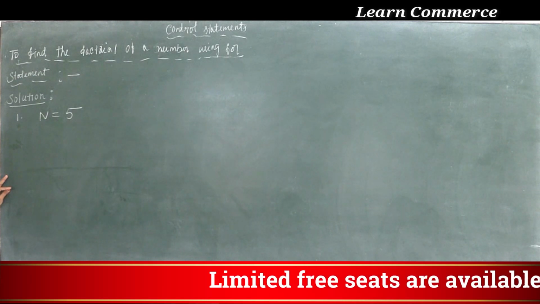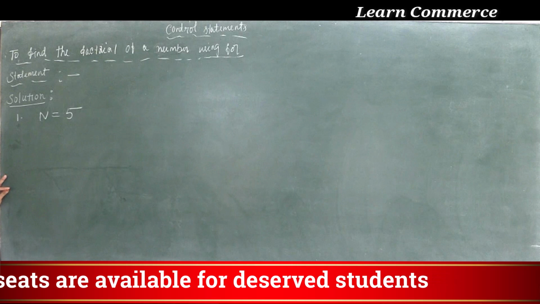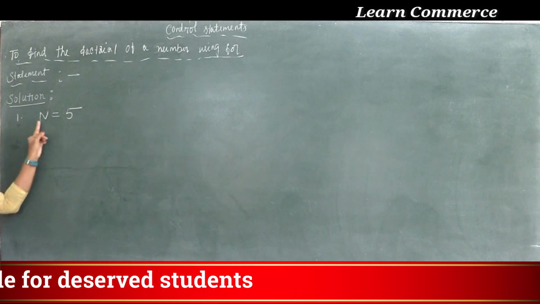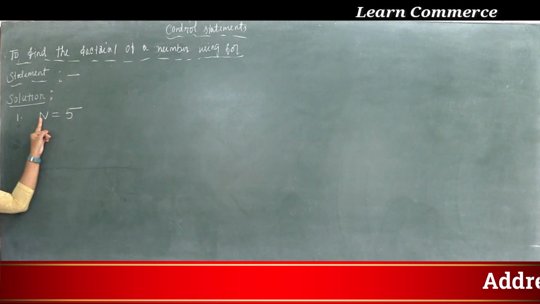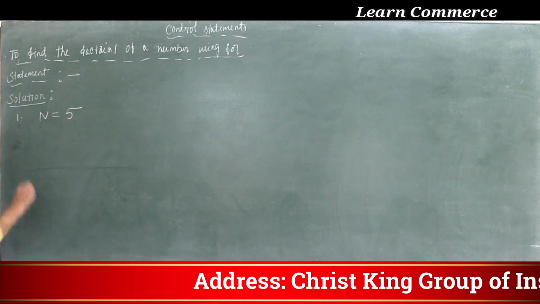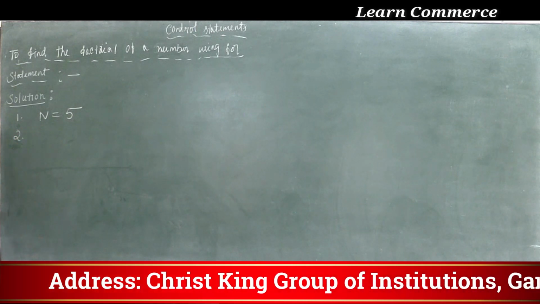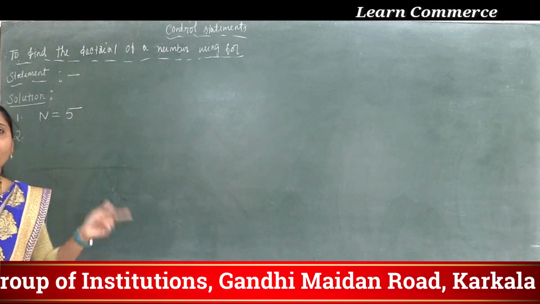So the value I am giving from the keyboard to the monitor, to the computer, I am inputting the value: the n value is equal to 5. The n is called a non-negative integer number, n is equal to 5. Okay, now the second thing, after inputting some value to the variable n that is equal to